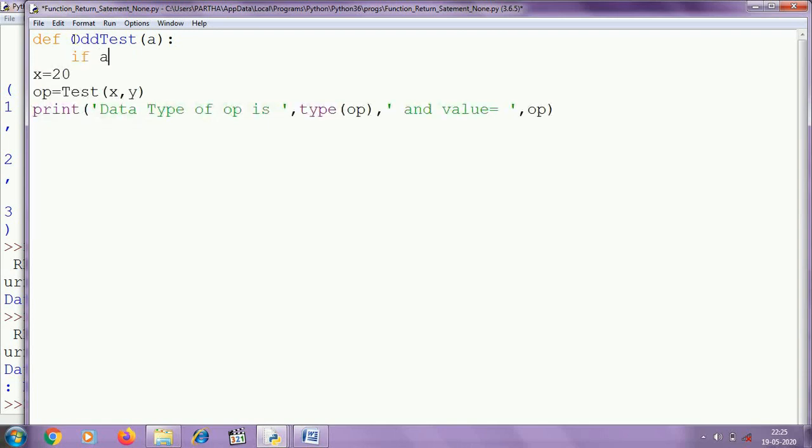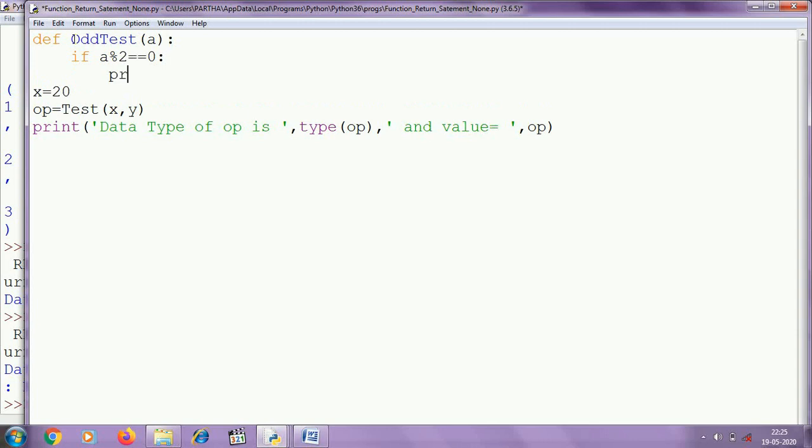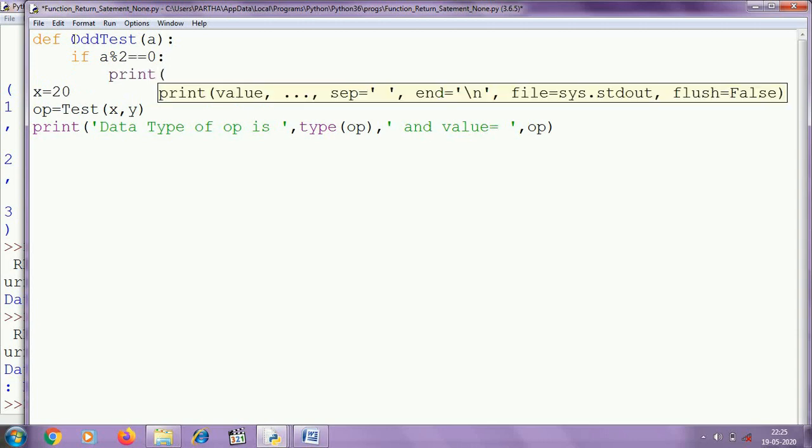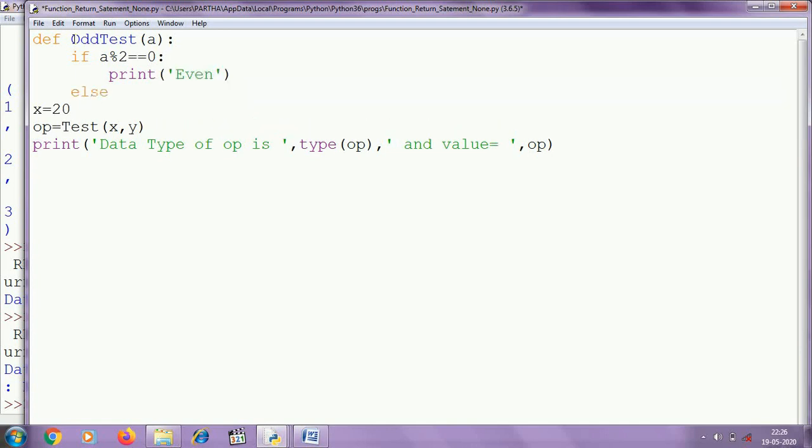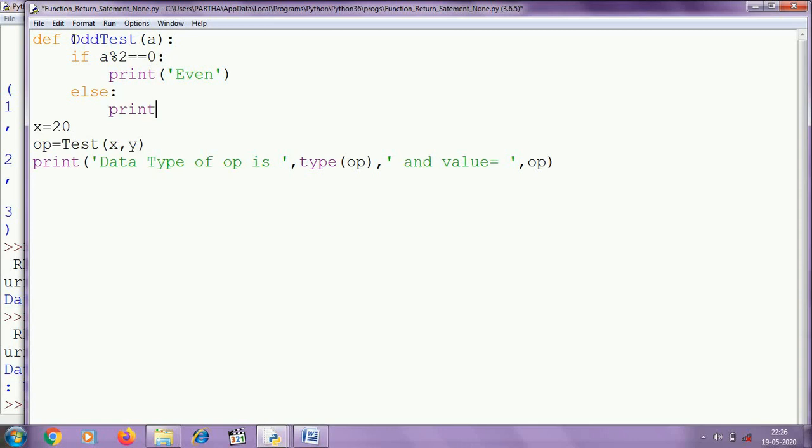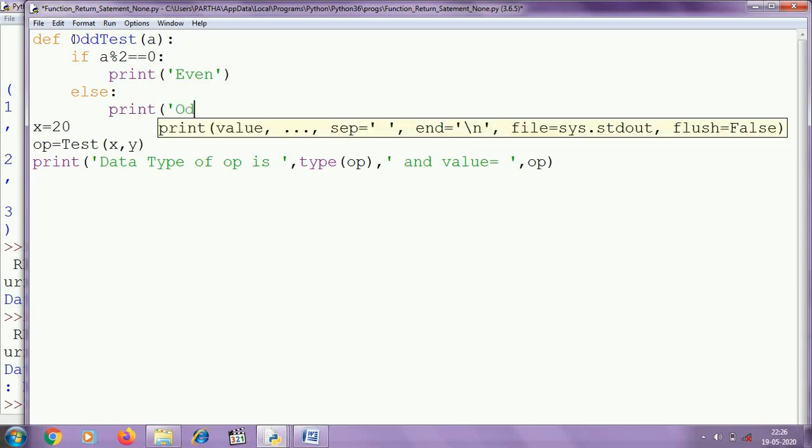If a % 2 equal to 0, then I can print even, else print odd.